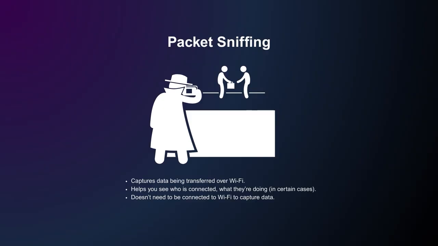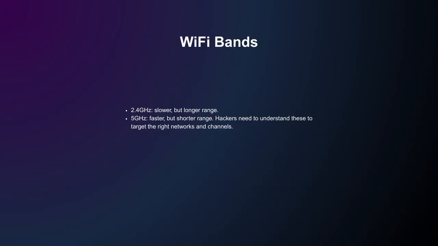Now since we have discovered a lot of results in our packet sniffing, we have got a lot of Wi-Fi connections on our terminal. We can see there are multiple 5 GHz connections and multiple 2.4 GHz connections. Now let's discuss what these gigahertz frequencies are. It is a short introduction to these Wi-Fi bands. You can see these 2.4 GHz networks are a bit slower in data transfer, but they have longer range. They can connect you over a long range, but on the other hand, these 5 GHz